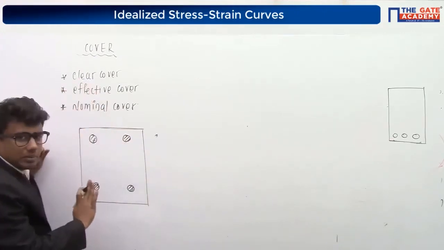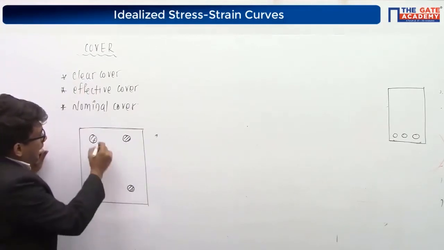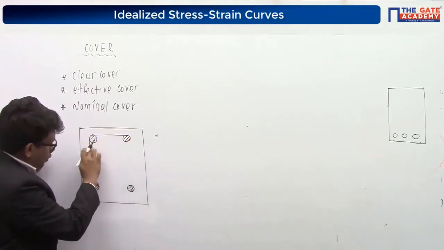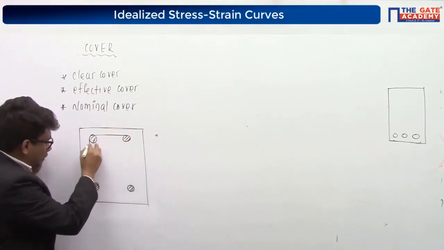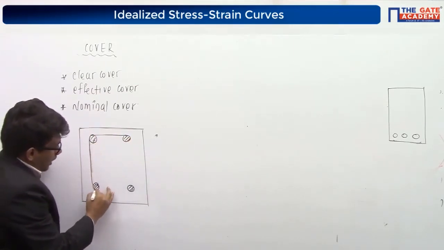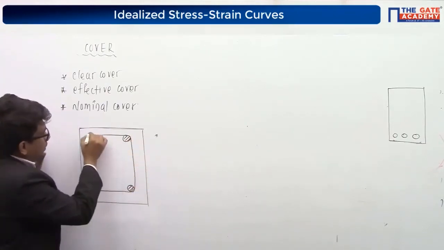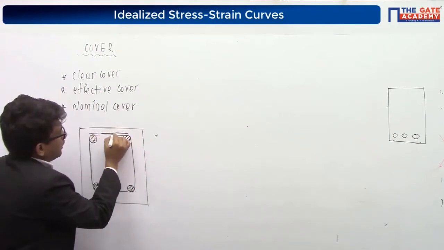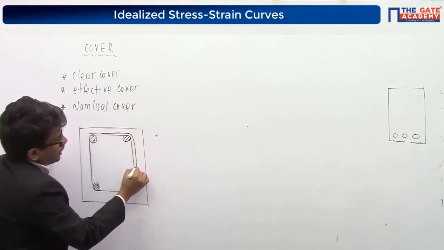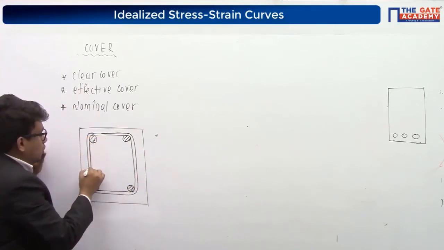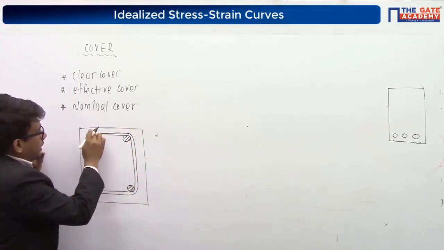I am going to take a beam like this, that is a doubly reinforced beam, and we are going to provide the reinforcement like this also, which is called shear reinforcement. We will be discussing that also in the coming lectures. This is also a reinforcement, provided to take care of the shear which is going to be there in the beam due to external loadings.